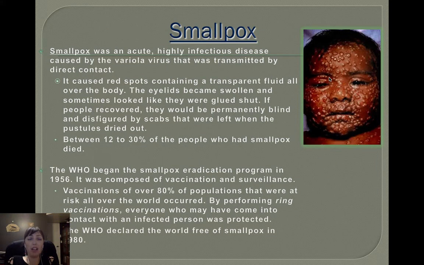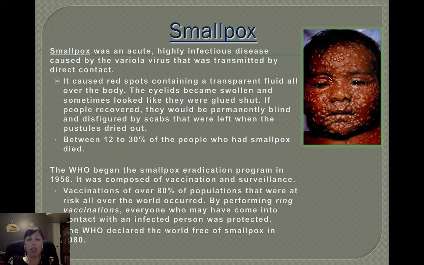Okay, smallpox. Smallpox was an acute, highly infectious disease caused by the variola virus that was transmitted by direct contact between people. It causes red spots containing a transparent fluid all over your body. The eyelids become swollen, sometimes shut. If people recover from it, they would be permanently blind potentially and disfigured by scabs that were left when the pustules dried out. Between 12 to 30% of people, and I've heard estimates even up to 50%, who had